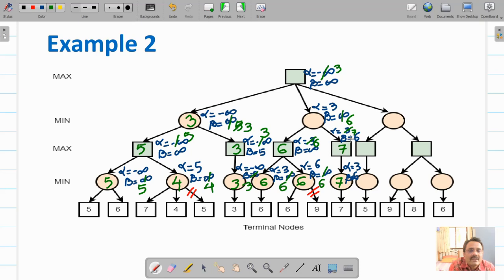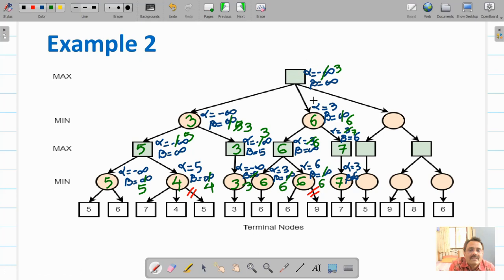Now alpha is greater than this beta. Had it been further branches out here, we would have pruned them. This is minimizer node. It is getting 7. It will update the value of beta. Beta is 6. It is getting 7. Beta should always decrease. 6 is better than this 7. So therefore we will not update it. Value associated with this minimizer node will be 6. Minimum of 6 and 7.